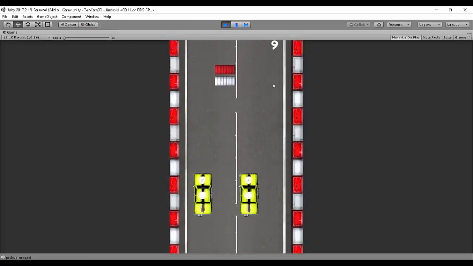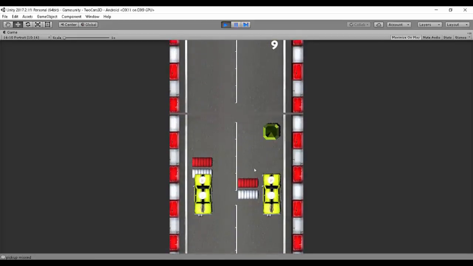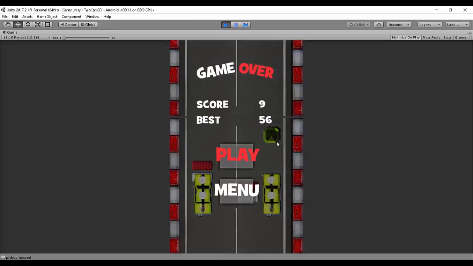Now at the moment, as you saw, I just missed a pickup, but the game didn't finish. So in the original Two Cars game, when you miss a pickup, not only do you have to take the circles, but you also have to avoid the squares. And if you don't do either of them, then the game finishes. Currently, I have only done that the game finishes when you hit the obstacle, but that's trivial,